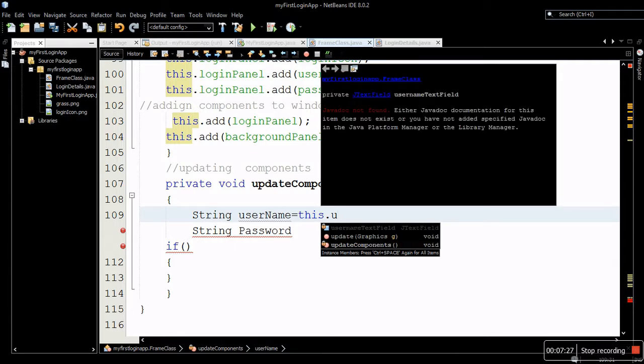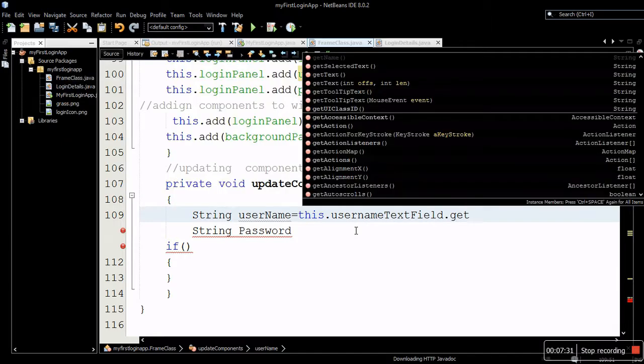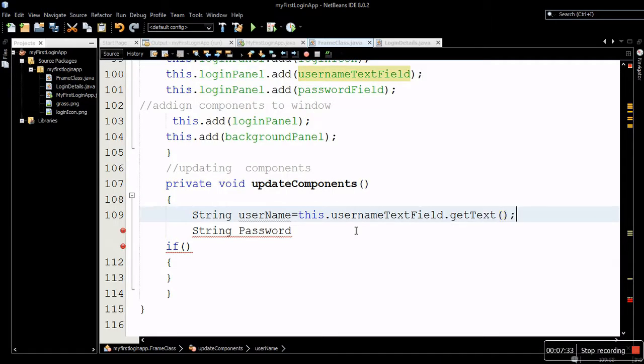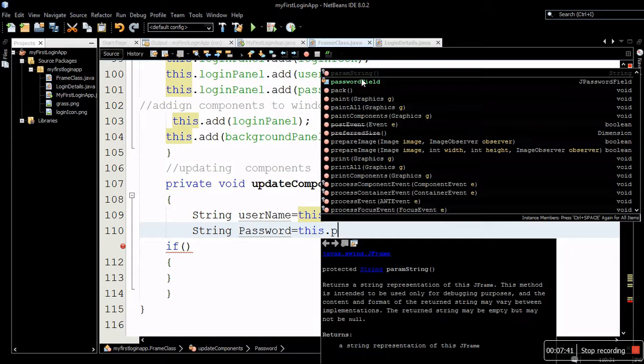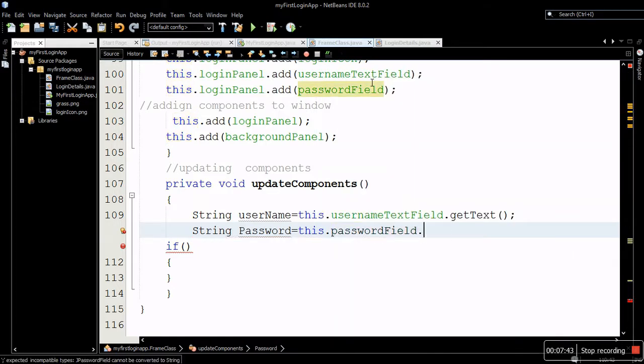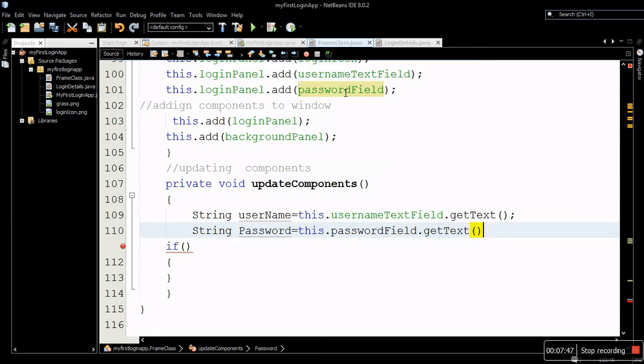Then I want to get whatever text we are typing here, I want to get the text, and then I want to do the same thing for password. I'll assign password field, then I want to get the text. There we go. And again guys, what I want to do is check now